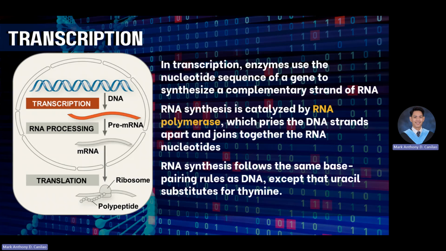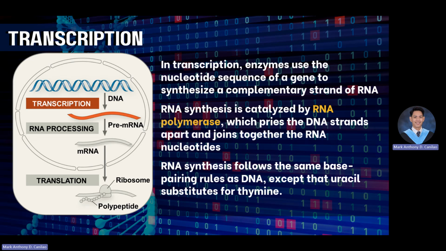So, this is the process of transcription, wherein we need to mention different types of proteins and different types of enzymes. The prime enzyme that we have to realize in biology is the polymerase. I think polymerase was mentioned in our first discussion on DNA replication. It came from two words, right? Polymer, which is a long chain, and A. So polymerase is an enzyme that is used to create a long chain of something.